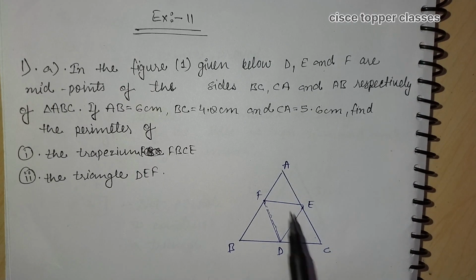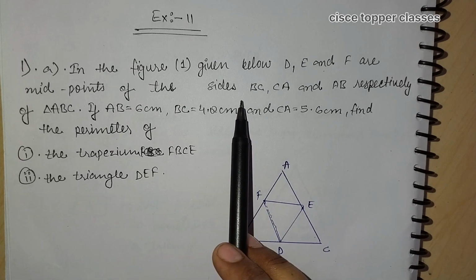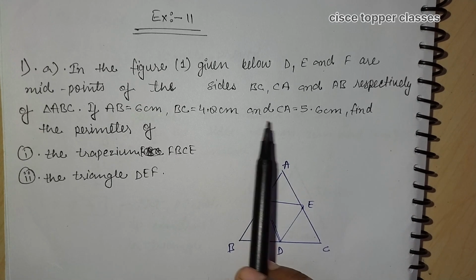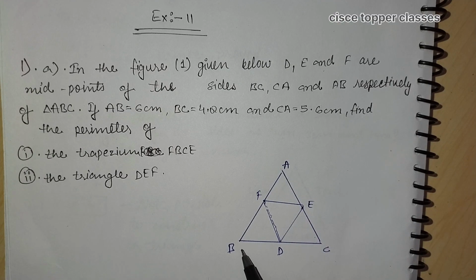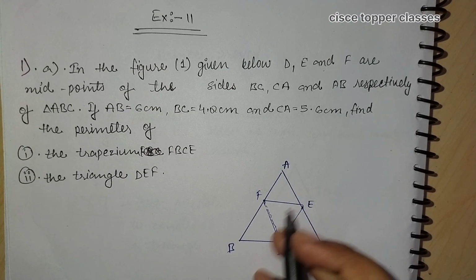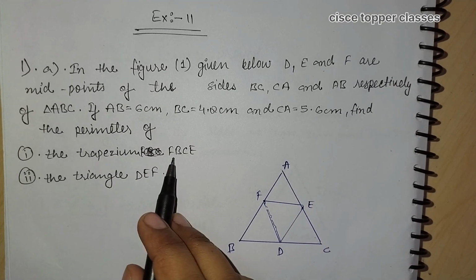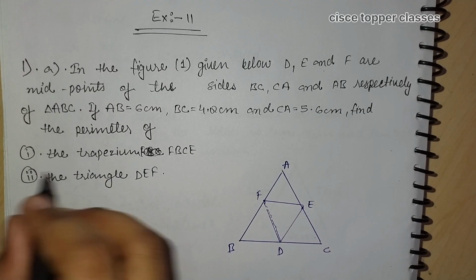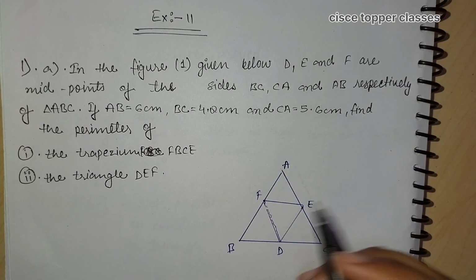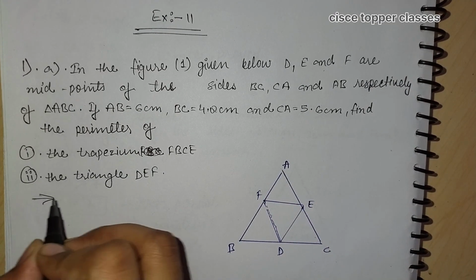In the figure given below, D, E and F are midpoints of the sides BC, CA and AB respectively of triangle ABC. If AB is equal to 6 cm, BC is equal to 4.8 cm and CA is equal to 5.6 cm, then find the perimeter of the trapezium FBCE. Firstly, to find the perimeter, we have to find the values of FB, EC and BC. So we can simply write it as